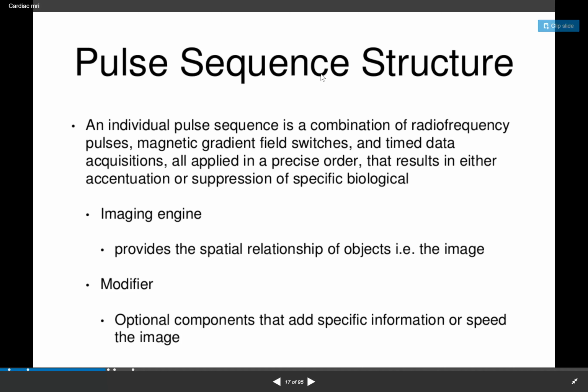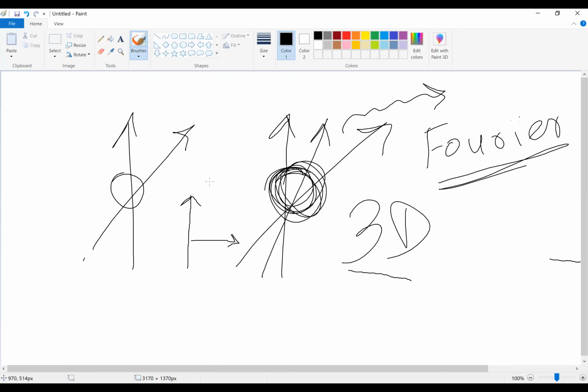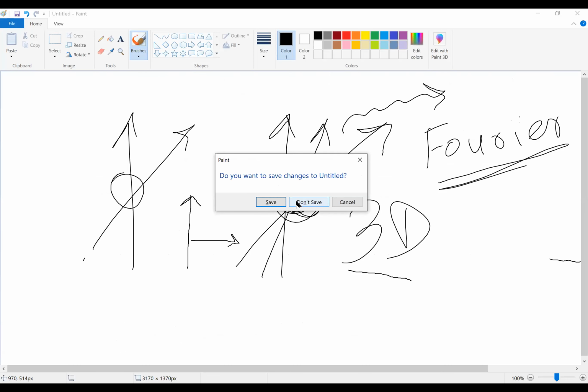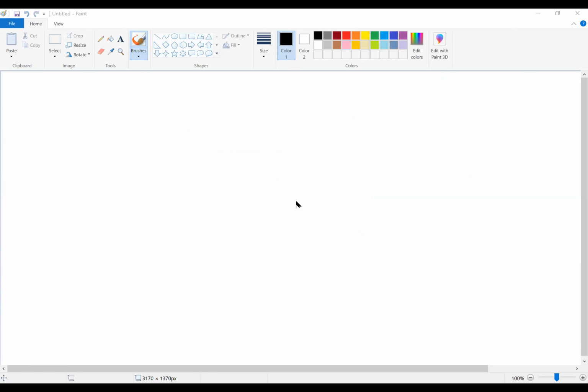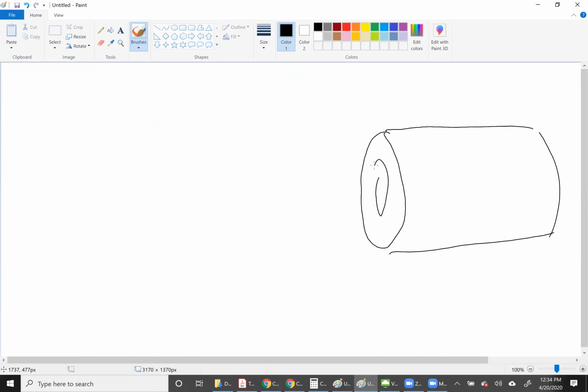So let me share this again just to show you. Okay. Can you see this? This is the MRI bore. You guys are seeing this, right? Yes. Okay, thank you. So this is the table. So there are coils like this in the MRI. There are lines of